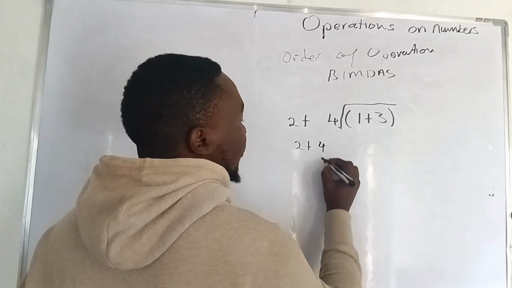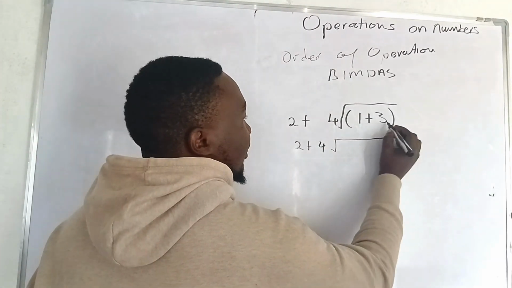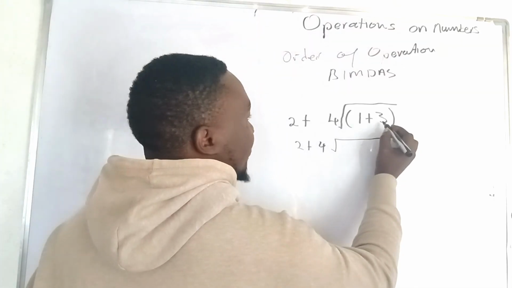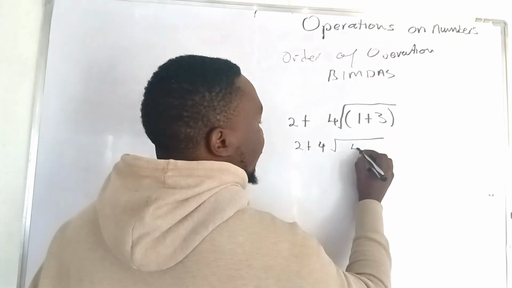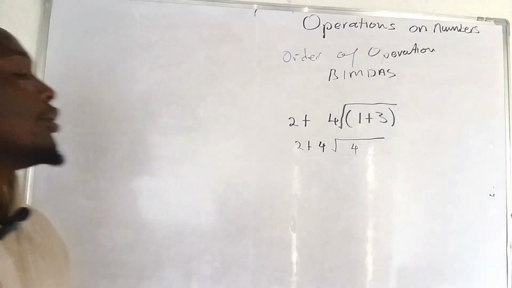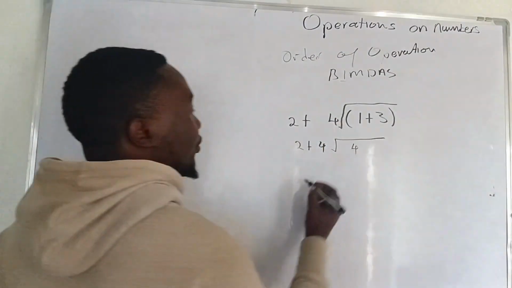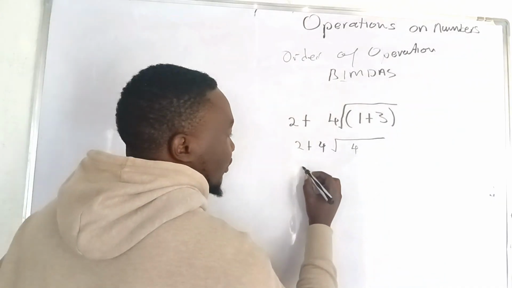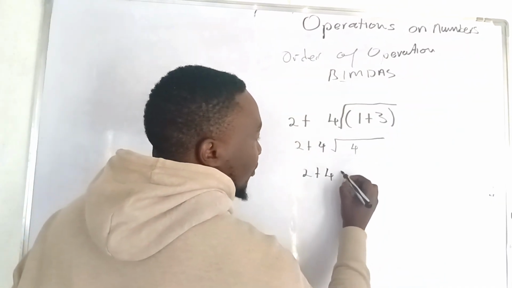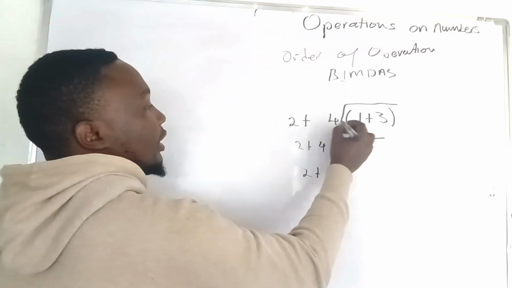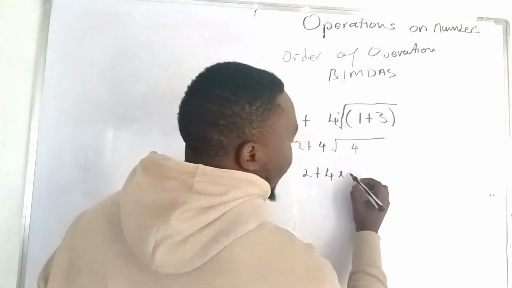So 2 plus 4 square root of the operation inside the bracket, addition. So you are going to add 1 plus 3, which gives you 4. After that, you look for the index, which is the square root. So you are going to have 2 plus 4 multiplied, you still remember, if it's like this, it means there's a multiplication sign here, by the square root of 4, which is